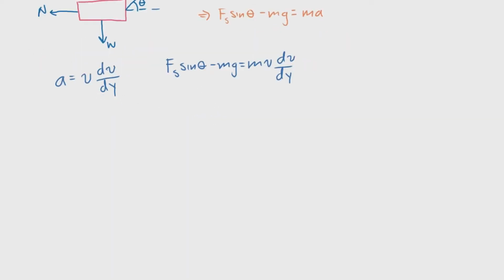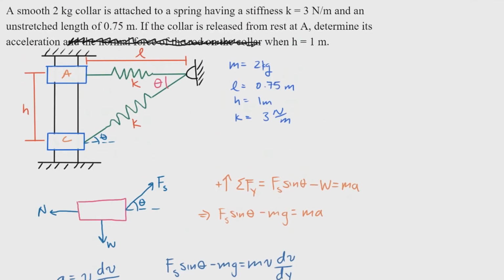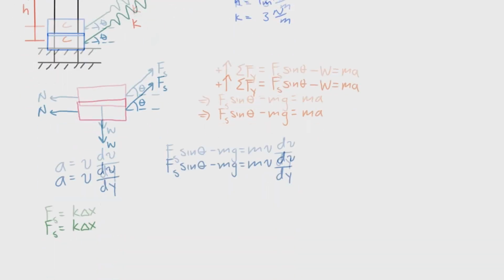So we know that the spring force is actually k times delta x, and delta x is how much the spring has stretched from its equilibrium state. So what we can do in this problem is define a right triangle as we did before. We could look at this right triangle with the springs and determine the angle theta and the relationship between its